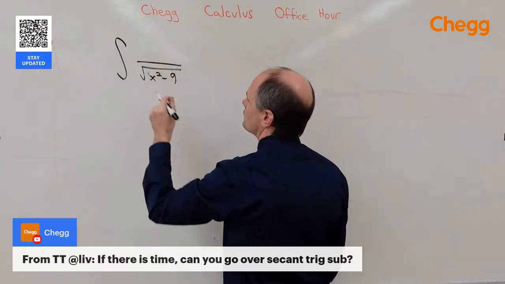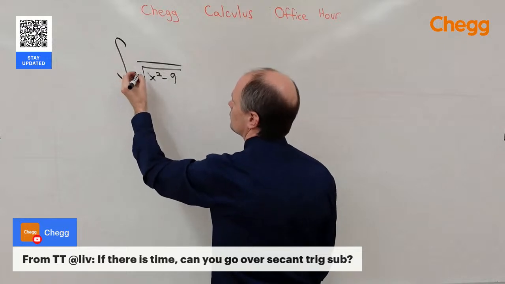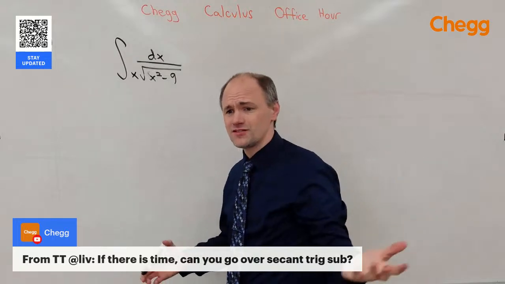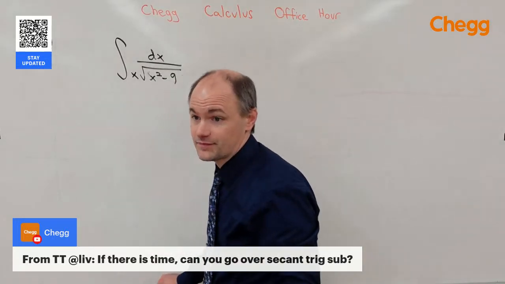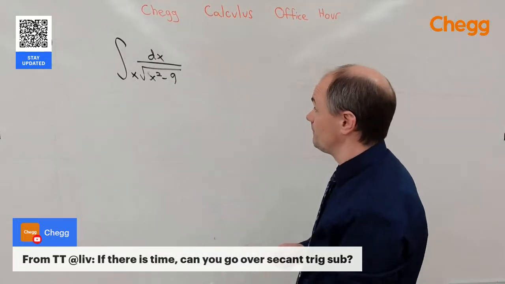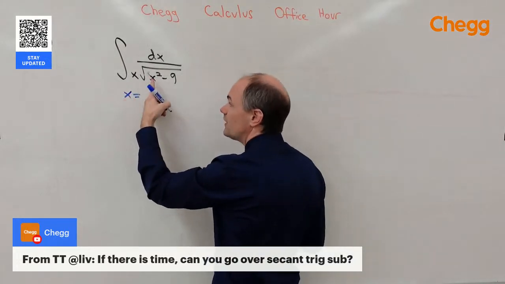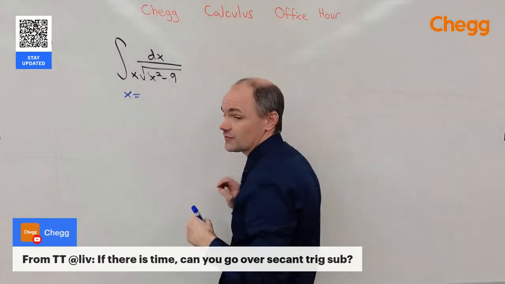Let's make it a little more interesting. Let's multiply by an x out front. I just didn't want it to be able to be solved by u substitution. Excellent. Well, the reason this is a secant substitution is when we have a perfect square minus a perfect square,